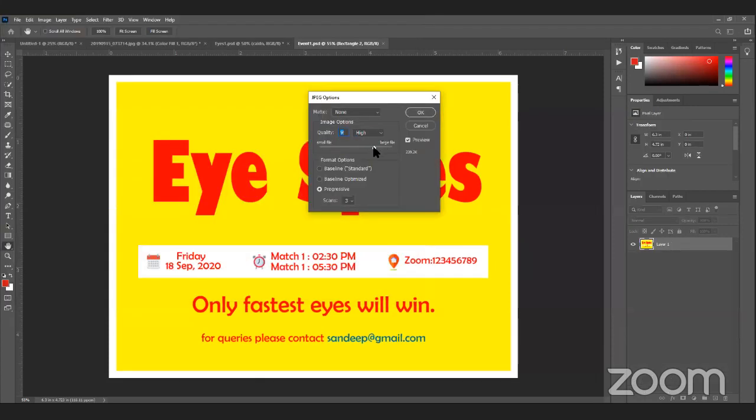The quality that I use is between 8 and 10. I don't use 12 because 12 is too much, and sometimes we get artifacts or errors while uploading to Facebook. I always use baseline standard because this is the standard, and it will give you the best quality while saving the image. This is 10, so I'll use only 8.